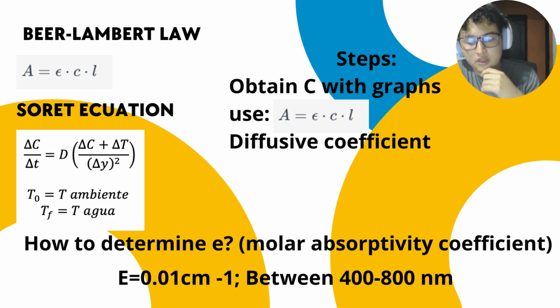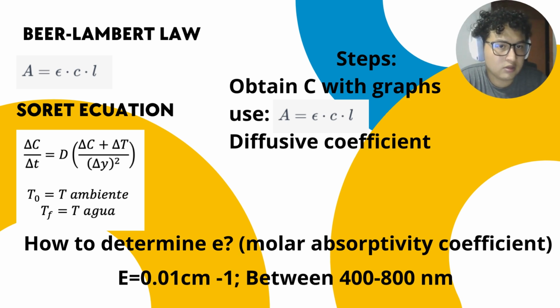Okay, guys, these results are not enough. It is completely necessary to conclude with the specific calculations of the diffusivity coefficient. So, for this, we will use our results obtained and we will use the Beer-Lambert equation and the Soret equations to obtain the diffusivity coefficient. So I have